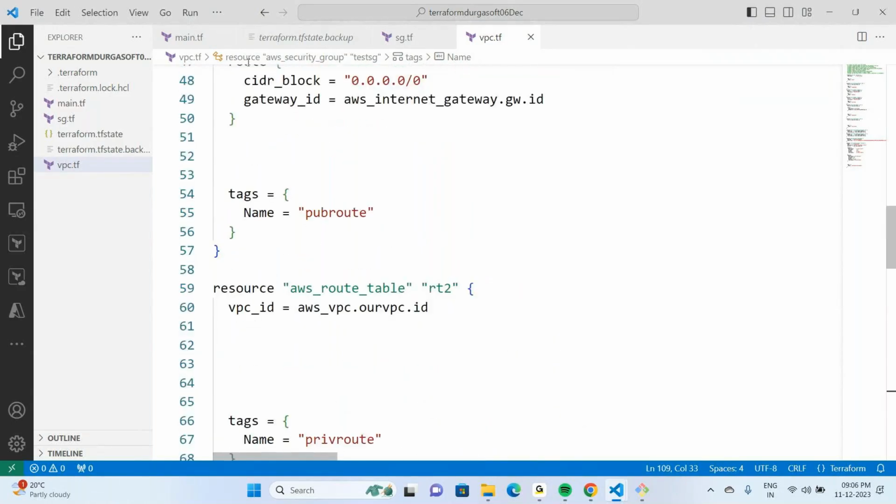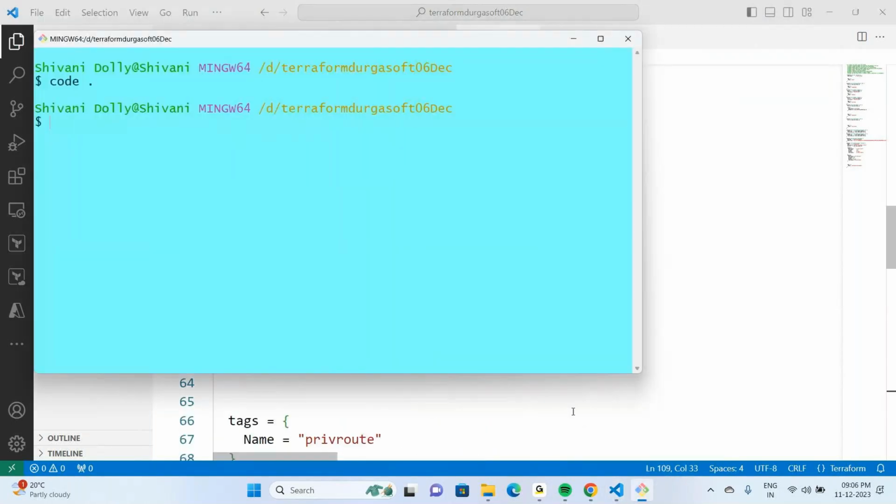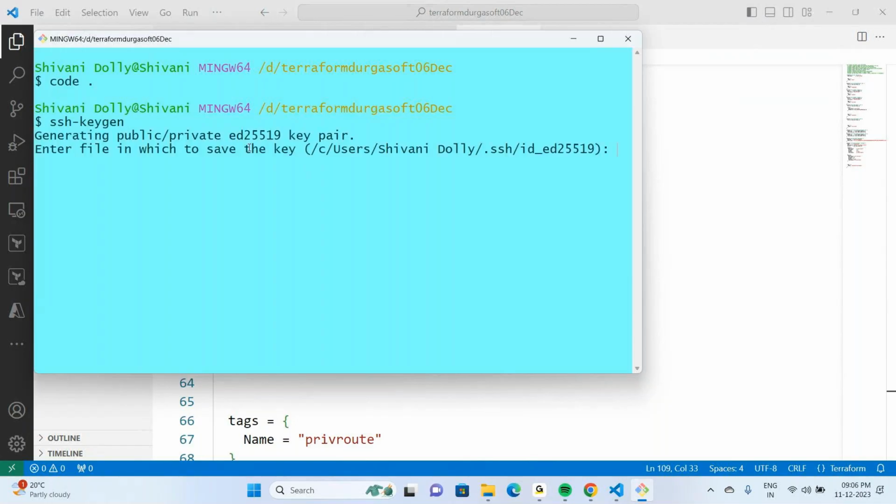And we have to create a key here. How to create a key? Creation of key is very simple. It will be created by using a simple command. That is, this is Linux command ssh-keygen. It is asking where to keep the key. Okay, so by default it is going to keep the key in the users username .ssh. This is ed25519 key. It is asking whether to overwrite or not. Yes,